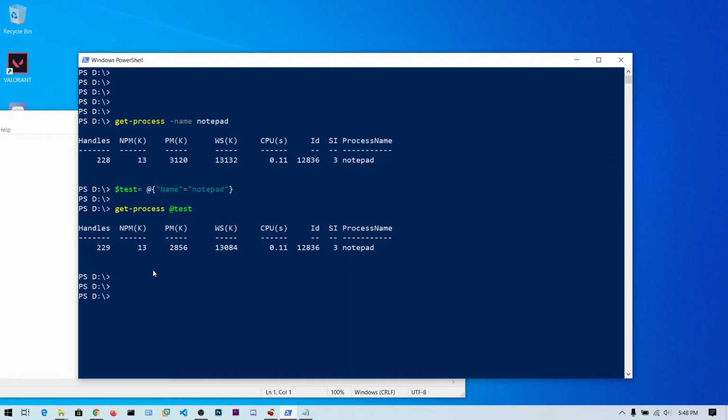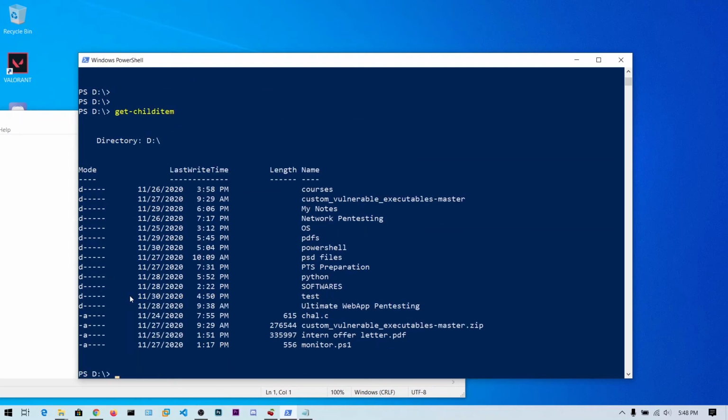Alright, let's see one more example. We are in the D drive, and if I say Get-ChildItem, by default I will get all the files and folders in the current directory D. This is our output. Now I want to say -Hidden:$true. So the output contains the hidden files and hidden folders of the current directory.